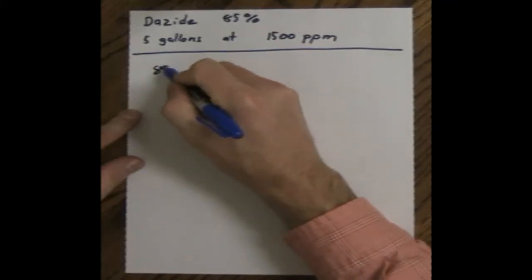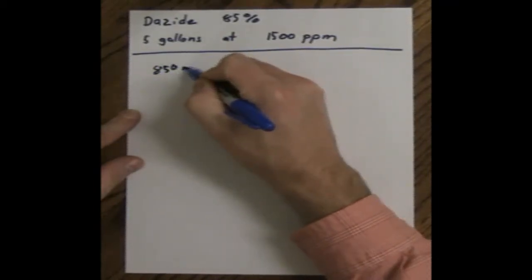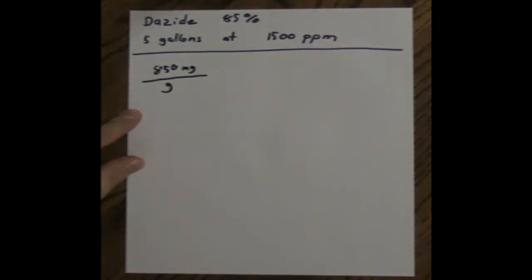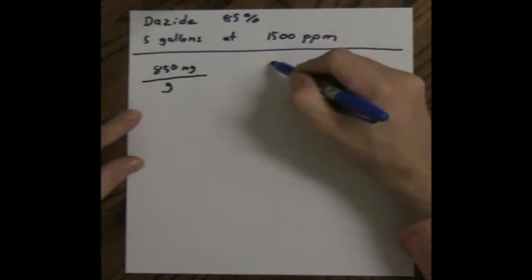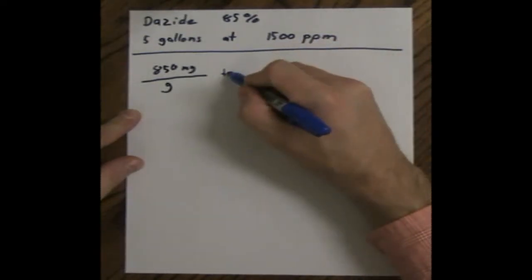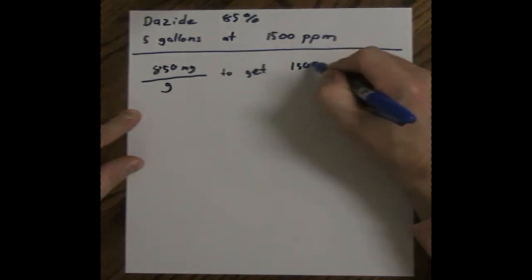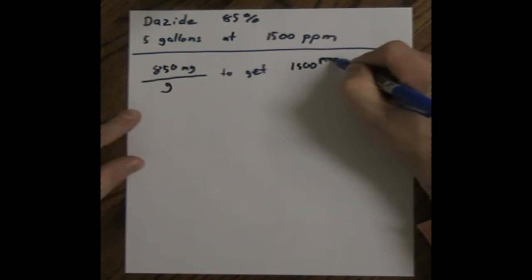as 850 milligrams per gram this time. We were using milliliters, but since it's a solid, it's per gram. And we want to use this to get a solution that's 1500 parts per million,